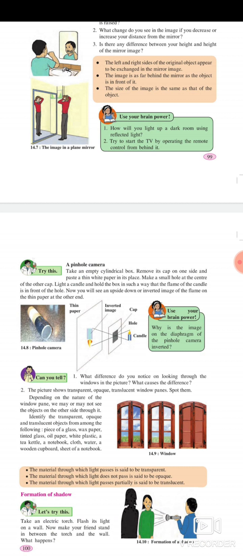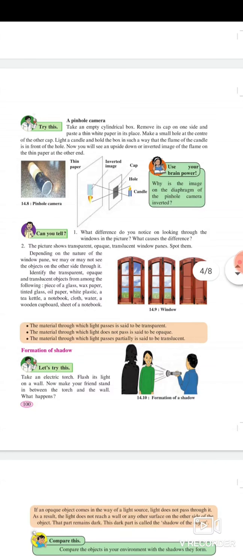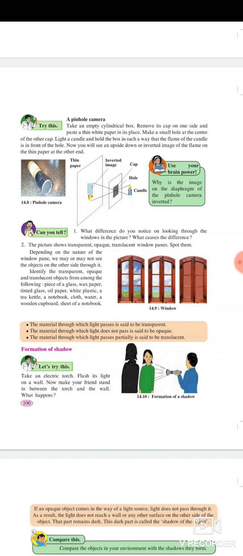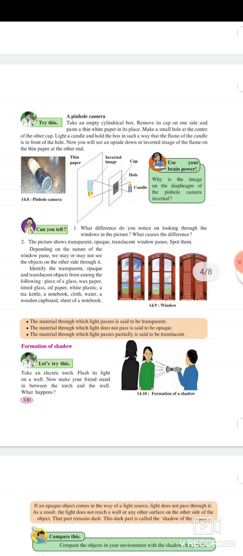Make a small hole at the center of the other cap. Light a candle and hold the box in such a way that the flame of the candle is in front of the hole. Now you will see an upside down or inverted image of the flame on the thin paper at the other end.